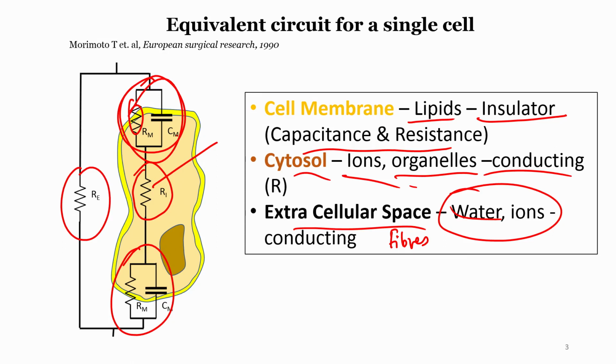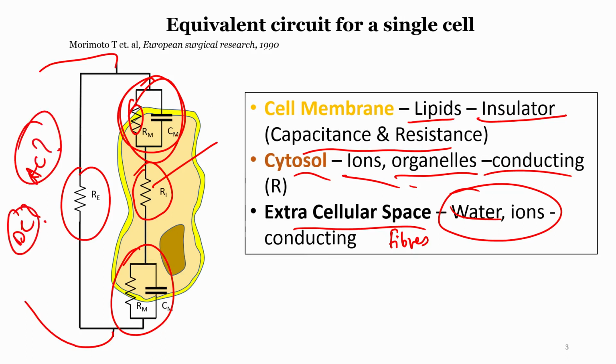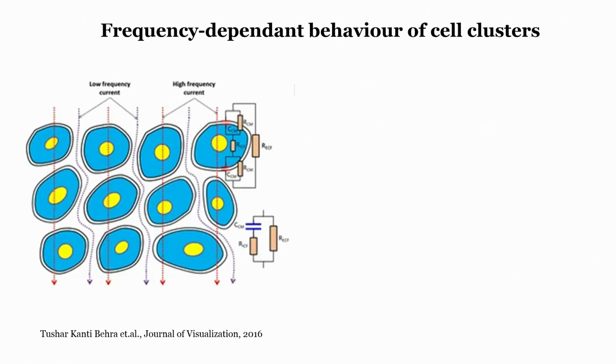Now, we only modeled it, but what are we applying across this? Are we applying a DC voltage? Are we applying an AC voltage? What if we apply a DC voltage? What if we apply a high frequency AC voltage? What if we apply a low frequency AC voltage? How does it change? That we will see next slide. Once you have understood the basic property of the cell which we just covered, these things should come to you automatically. I will help you out, but by the moment I explain, it will be very obvious to you.